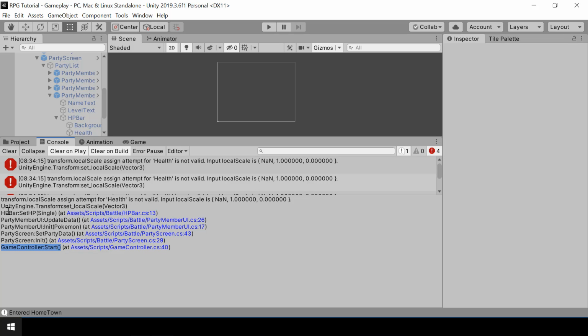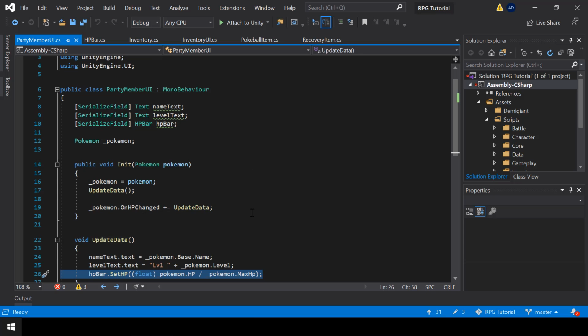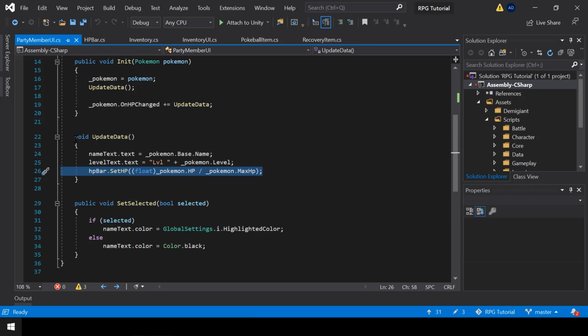So let's get back to debugging. We are interested in the function that is calling the setHP function, right? So let's go to the line that's calling it. So it's inside the update data function in PartyMemberUI.